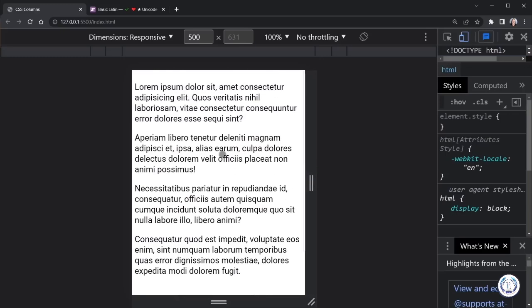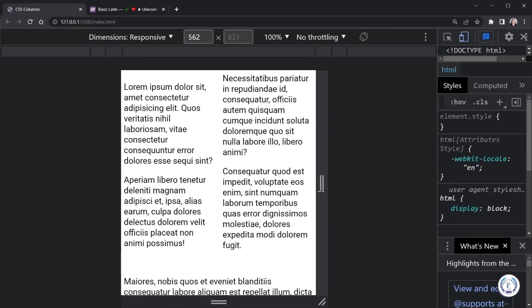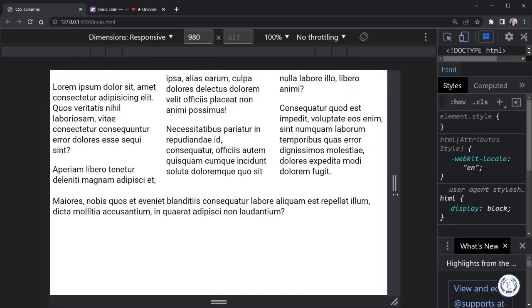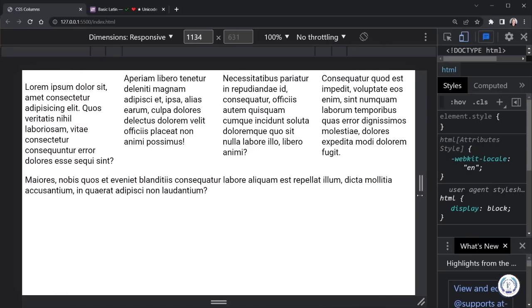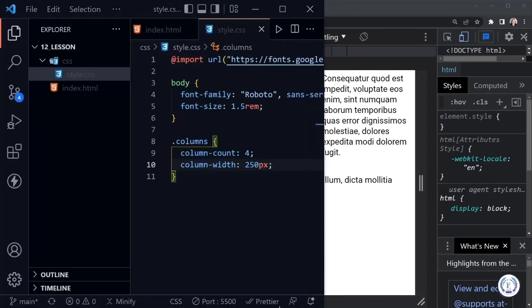So that makes it very flexible as far as the design goes, because if it can only support 1 column, it will never make it smaller than that 250 pixels we set. But if it can support 2, it does, all the way up to the column number that we specified, which was 4. I'm going to pull VS Code back up, and there's shorthand for this,